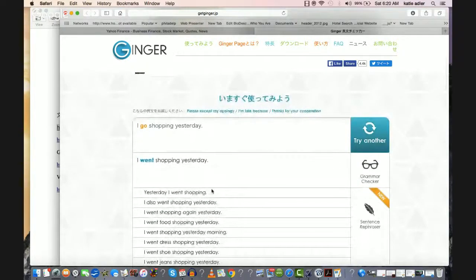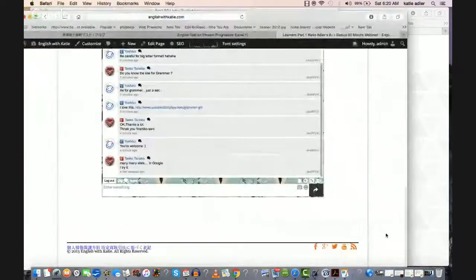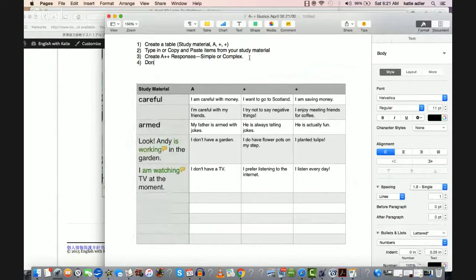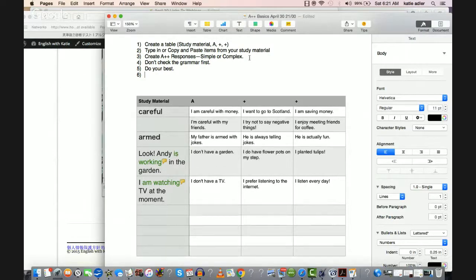So if you are doing your Answer Plus Plus paper and you are wondering if your sentence is okay, you can write your sentences first. What I recommend is don't check the grammar first. Do what's inside of you. So let's put that as step 4. Don't check the grammar first. Do your best. Then